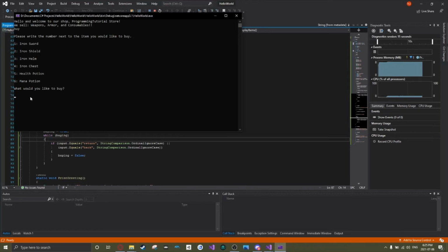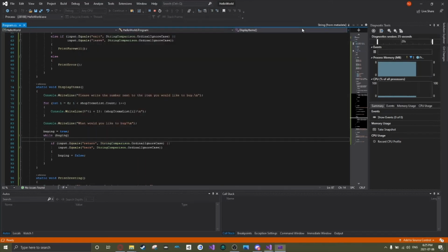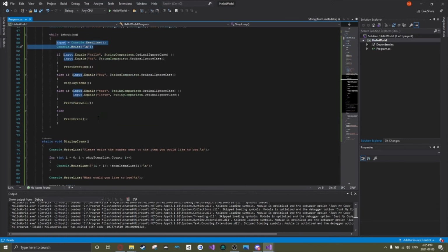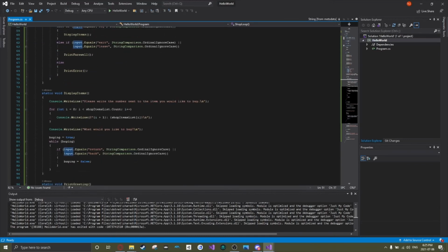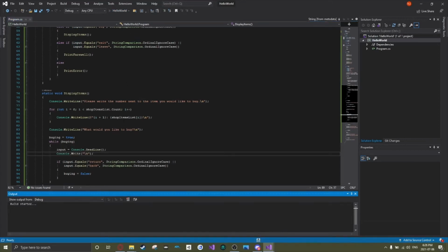And so if I want to buy any of that, I can't. Because you know what we didn't do? We didn't add back the input. Absolutely. So we are not capturing input in here. So what we're going to do is we're going to capture input, and we're going to try, go back into it,